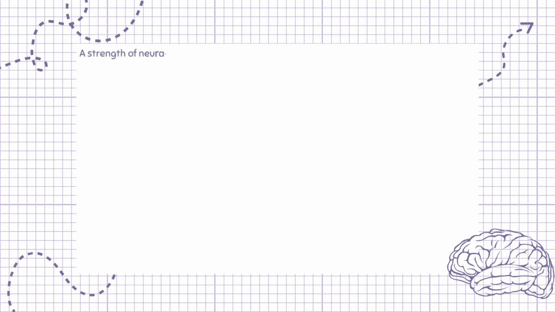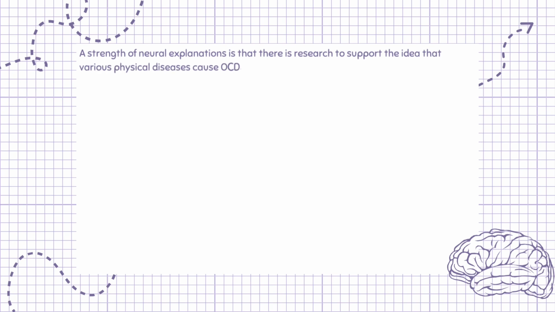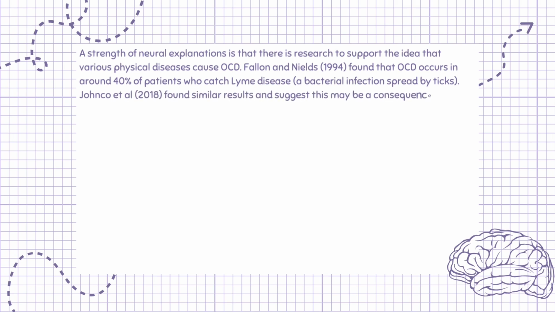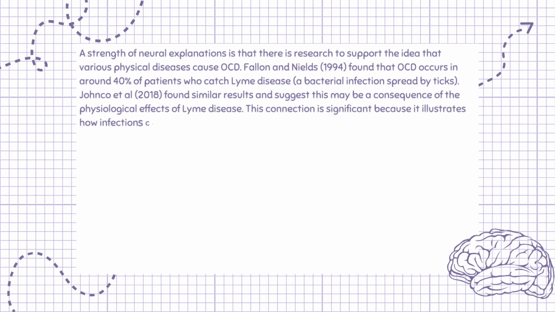A strength of neural explanations is that there is research to support the idea that various physical diseases cause OCD. Fallon and Nields, 1994, found that OCD occurs in around 40% of patients who catch Lyme disease, a bacterial infection spread by ticks. Jonko et al., 2018, found similar results and suggest this may be a consequence of the physiological effects of Lyme disease. This connection is significant because it illustrates how infections can potentially trigger or exacerbate OCD symptoms